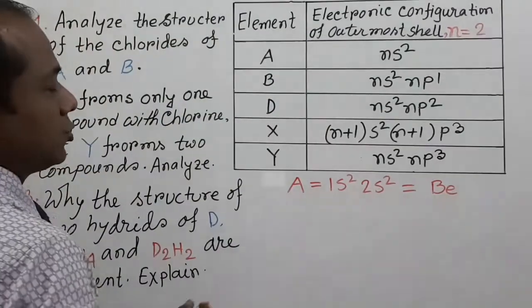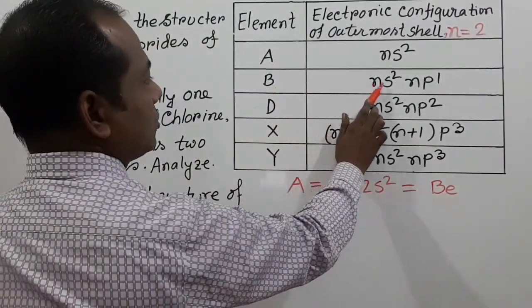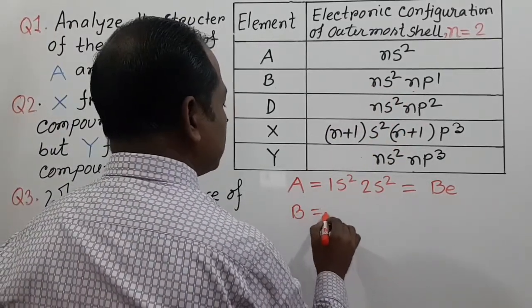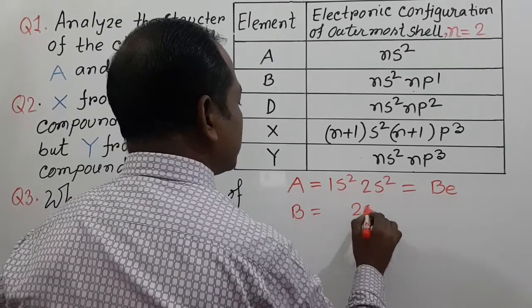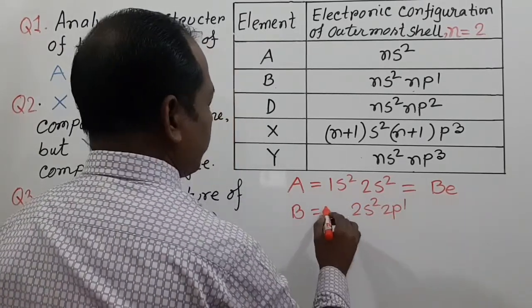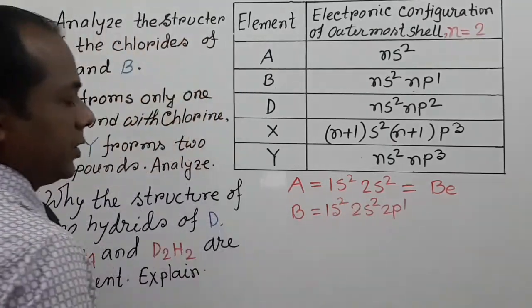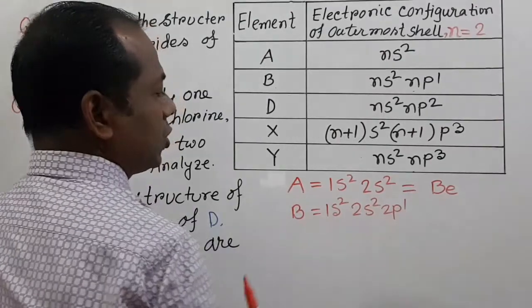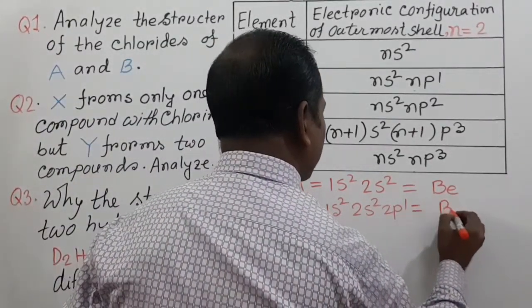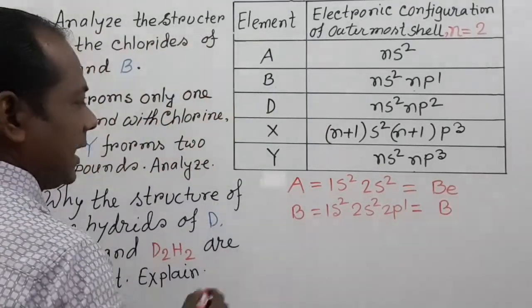Now my dear students, element B is 2s2 2p1. We write the previous electronic configuration 1s2. So here 5 electrons are present, so we can say that this is boron. So B represents the element boron, and D